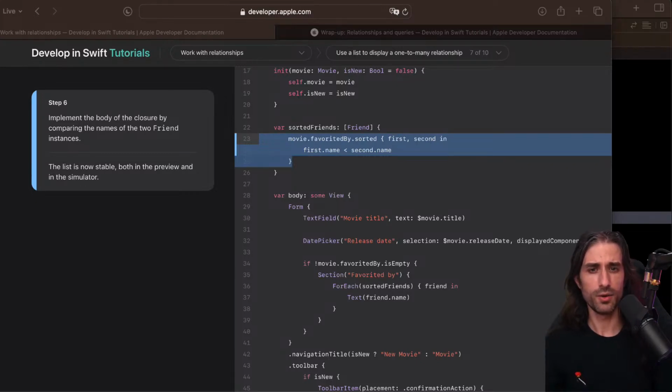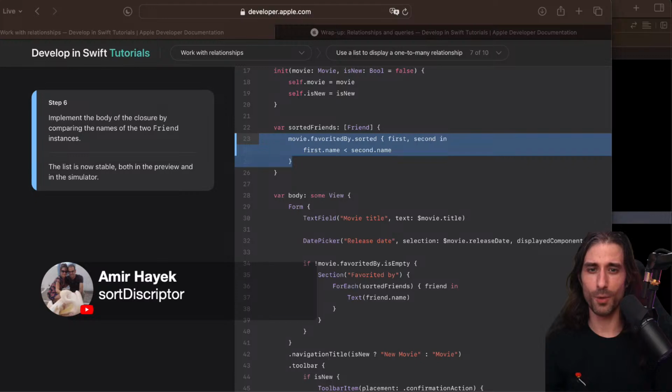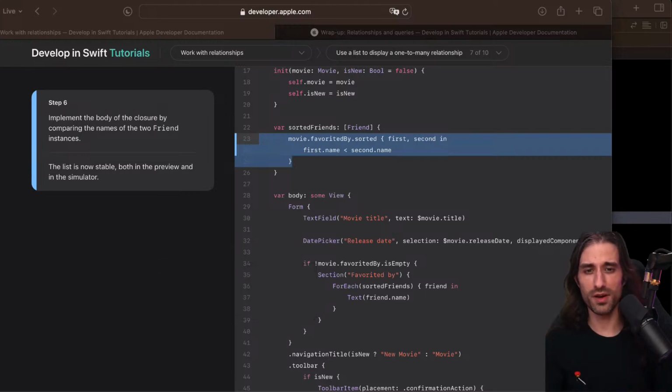So actually, yeah, a sort descriptor is a special kind of predicate, but it's still a predicate. It's just that, as you mentioned, in the Objective-C world, we had the NSPredicate and NSSortDescriptor, because when you want to describe a sort, you have the question of how do I sort over several properties? How do I sort in ascending or decreasing order? So there are some specialties around it.